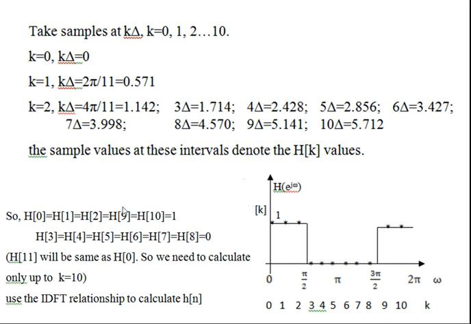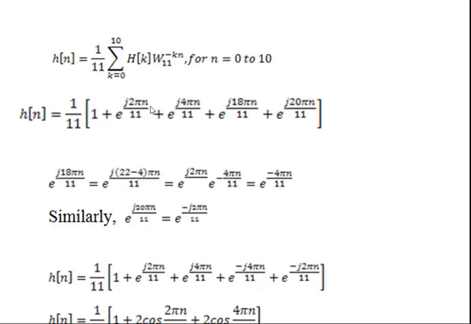Now how to get the h of n, or the impulse response? That will be the inverse DFT. So use the IDFT equation to calculate the corresponding impulse response of the filter which passes through these particular points. That's the idea. So we use the equation 1 by N sigma capital Hk W to the power minus kn. This is the IDFT equation. So here N is the length, it's 11,